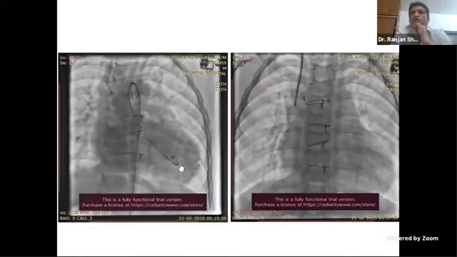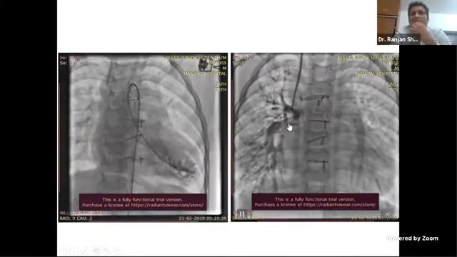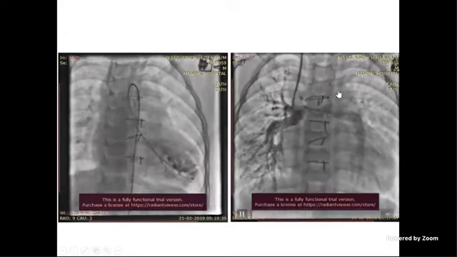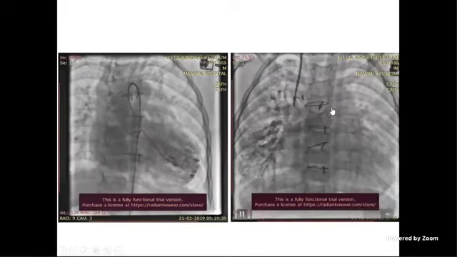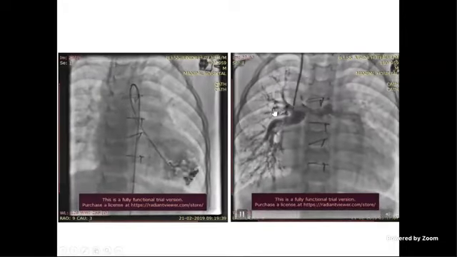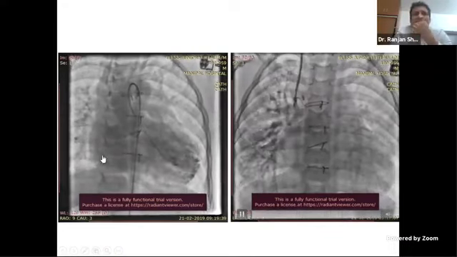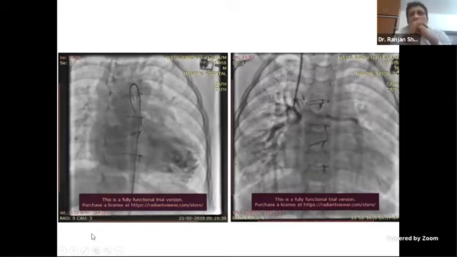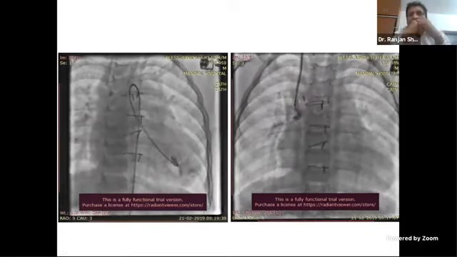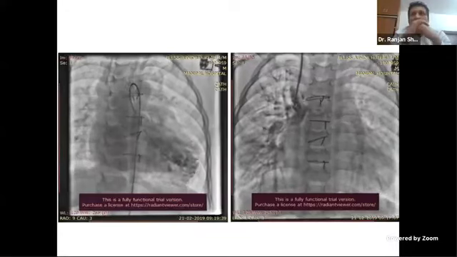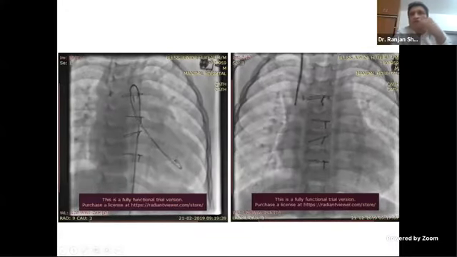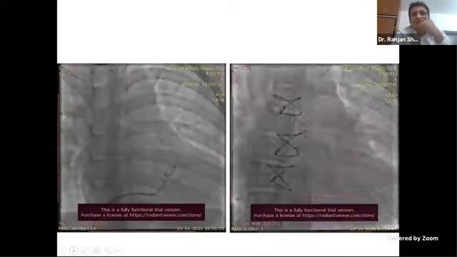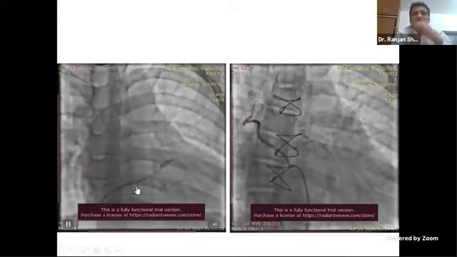Very good, Deepanjan. How did you say it's bidirectional? What do you see here? Sir, there is a contralateral flow. Probably the LSVC has also been connected to the LPA. Correct. So it's a bilateral bidirectional Glenn shunt. For the others, you need to read about this Glenn: what does bidirectional mean, what does bilateral mean, and even in Fontan, what is a classical one and what are the modifications. You need to read some of them.